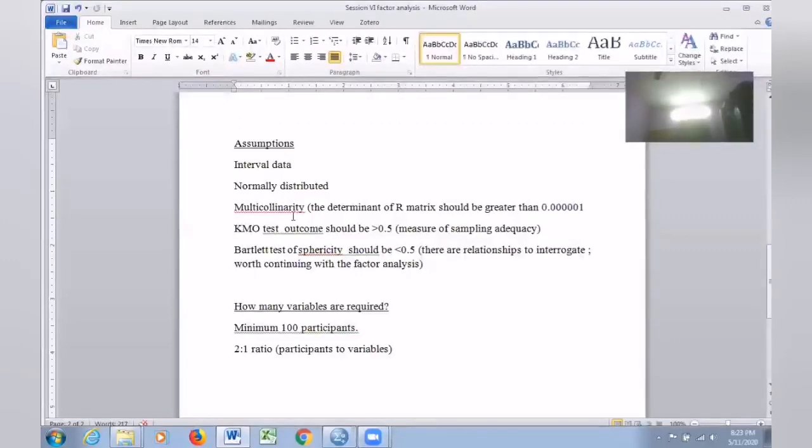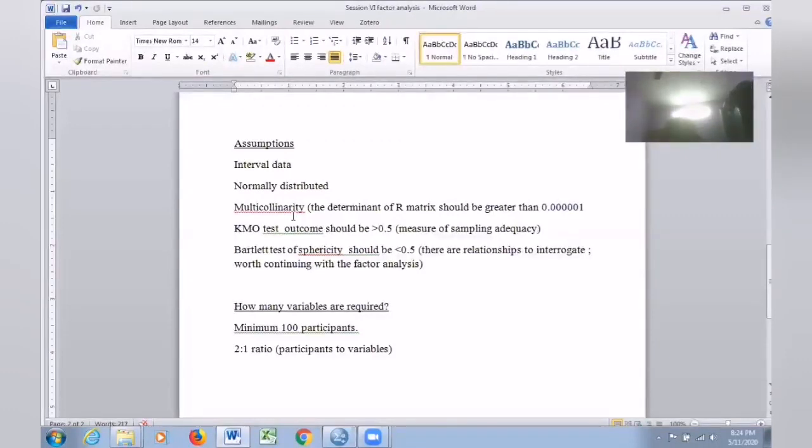Then you have to check whether your sampling adequacy is ensured or not. Whether the sampling quantity you have for your research work is adequate, whether it is sufficient for factor analysis. To do so, you just conduct the KMO test, and the result should be more than 0.5. It means that there is adequacy of sampling.